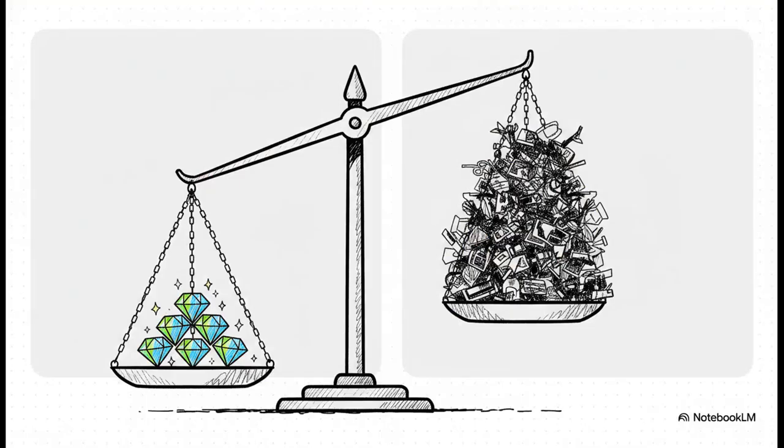Think about it practically. Would you rather have 50 strong, highly predictive features or 5,000 weak, noisy ones? A model built on those 50 highly relevant features is just vastly superior. It's going to train faster, use less memory, and find much more reliable patterns than a model that's just drowning in a sea of 5,000 weak variables.